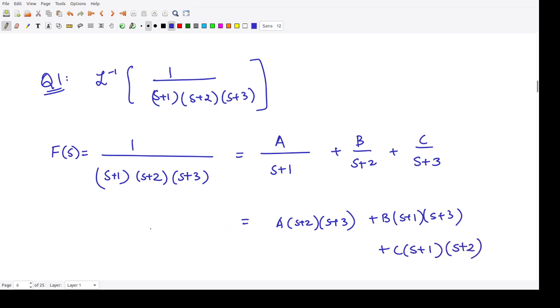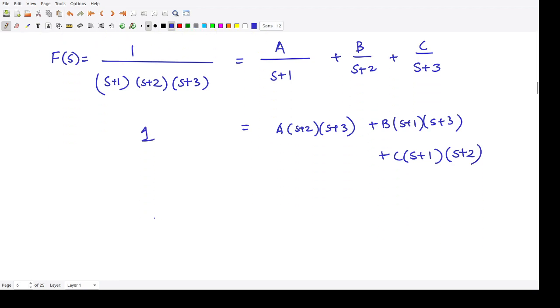So this thing would be equal to 1 because the denominators would cancel out with each other. Now when you substitute s equal to minus 1 into this, the left hand side would be 1 here, because this factor is there. So when you substitute minus 1, you have minus 1 plus 1, so this factor would be 0, so this whole term would be 0, and here also because this term is present, minus 1 plus 1 would be 0, so this whole term would be 0.